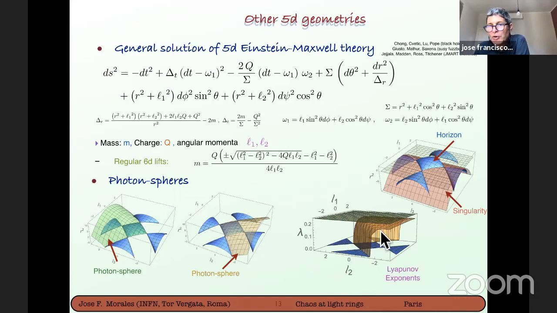And you can also compute the Lyapunov exponent. Okay, and here I draw the graph you find. This green plane is simply the Schwarzschild black hole, and I draw here the lambda associated to this photosphere. There is a similar graph in the other direction, and you see again that lambda is always smaller than lambda of Schwarzschild of the same mass.